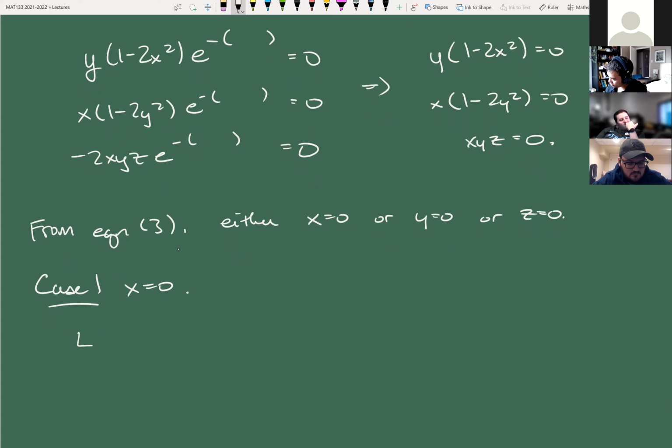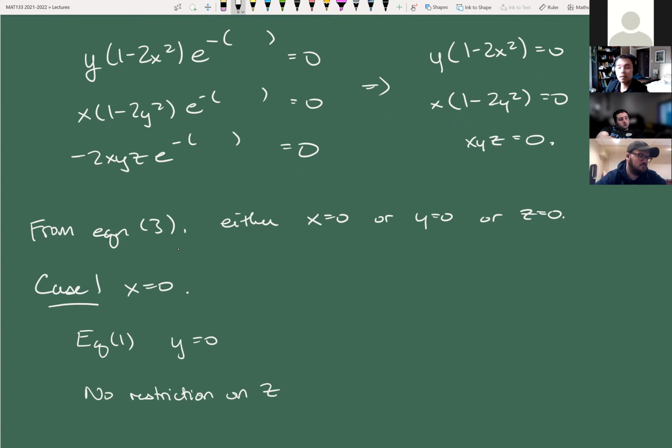Equation 1 then becomes what? If x is equal to 0, we just get y is equal to 0 here, right? And then there's no restriction on z. So this gives me, every possible z is an option. Do we have a limiting set? No. So the solutions for this are this thing,